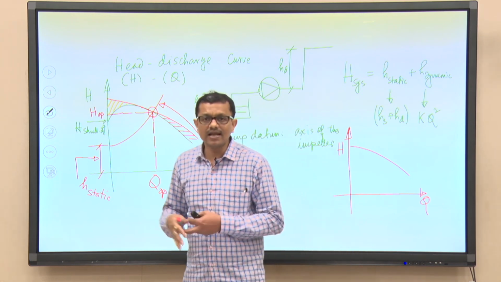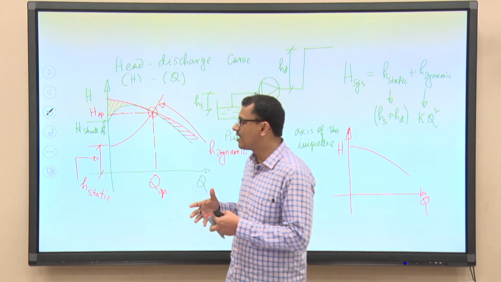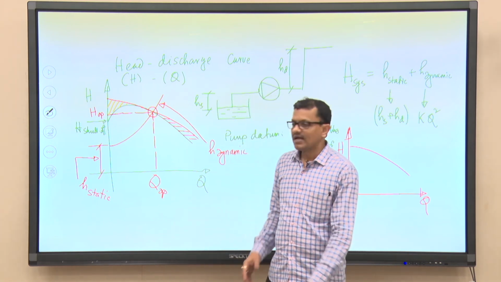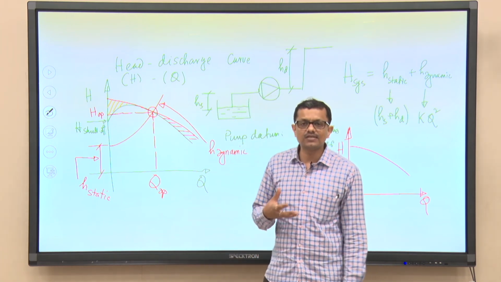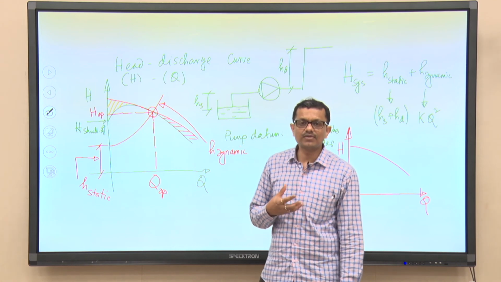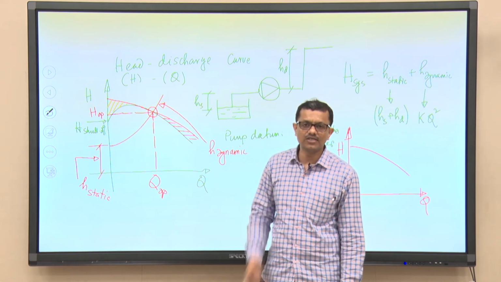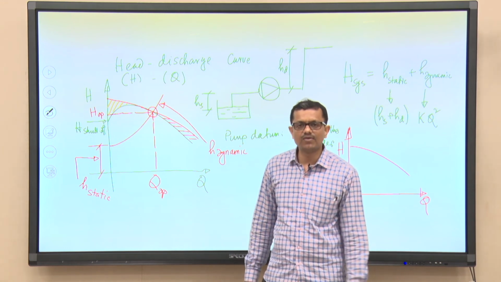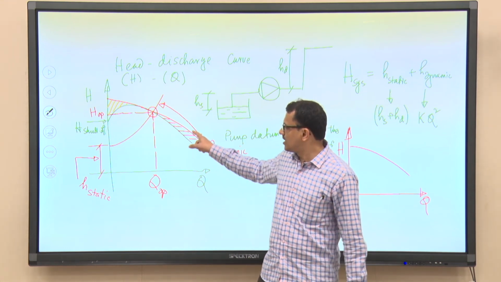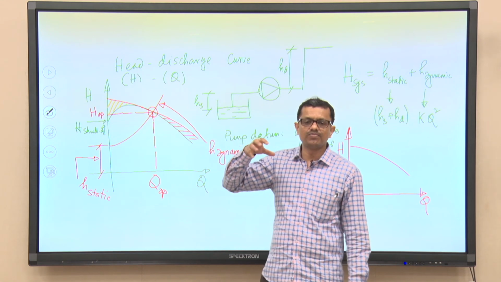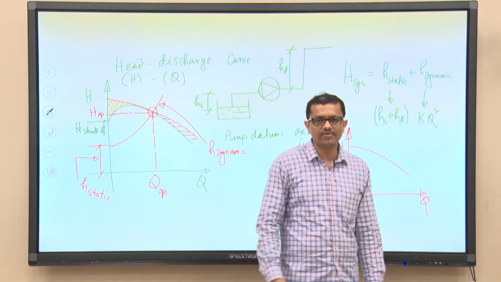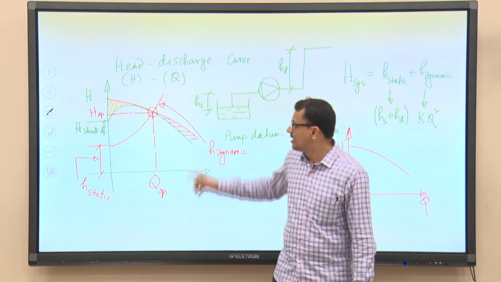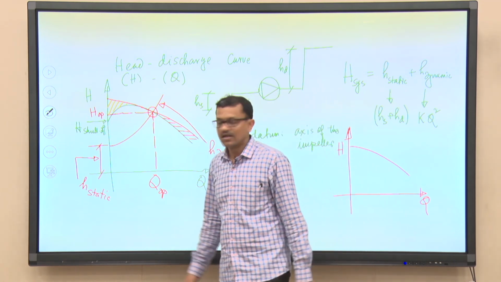It is very unlikely that the delivery valve will remain fully open always. That is of course depending upon the system requirement. We need to sometimes have a better control of the discharge which is coming out from the pump. Because of the partial opening of the delivery valve or valves which are there in different branch lines, losses will be there.